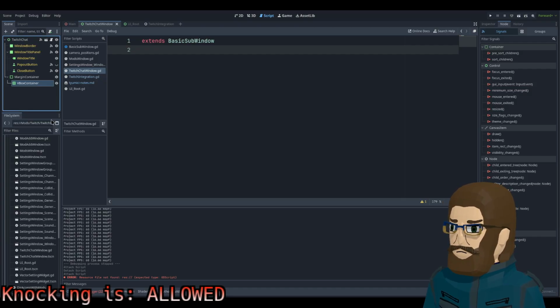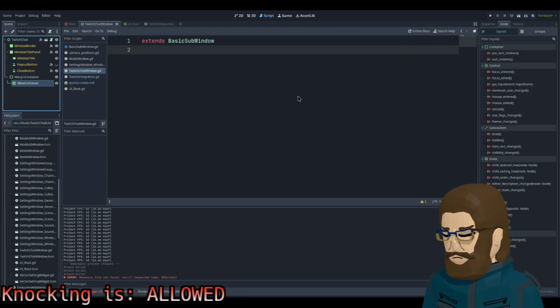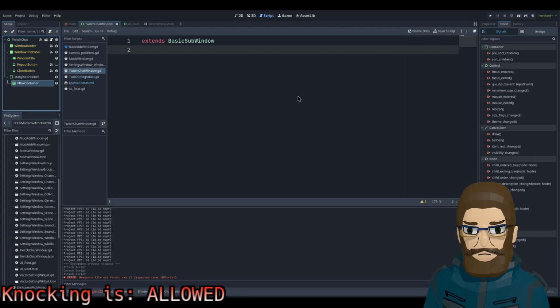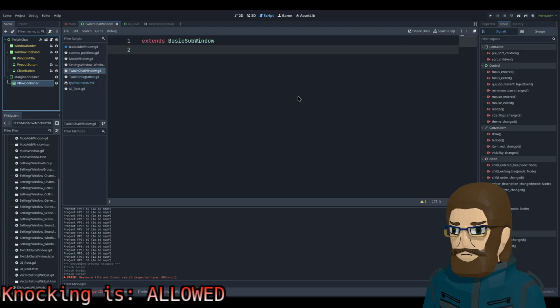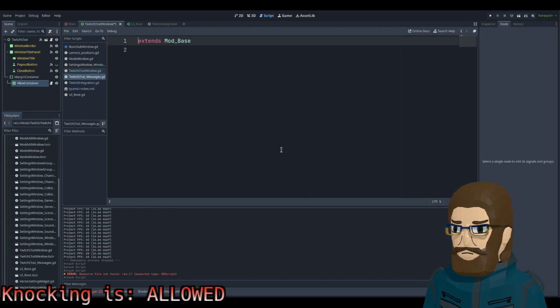Sure. Which chat underscore messages. Inherits. Is this allowed? Can I do this?